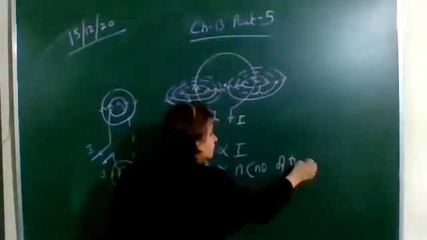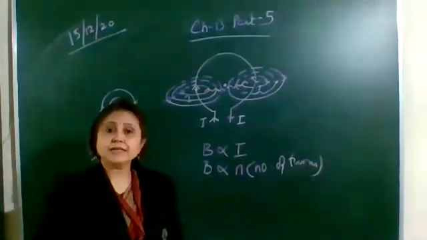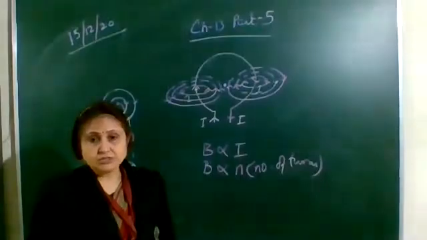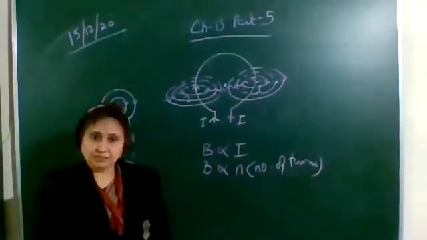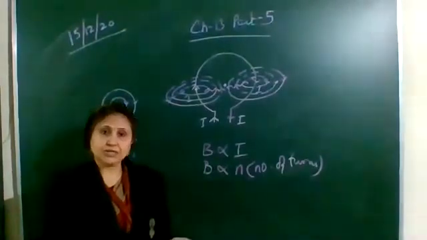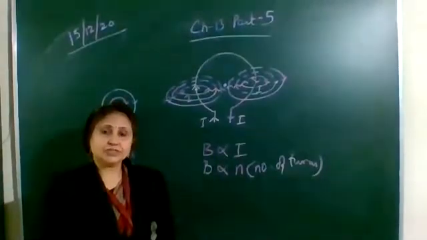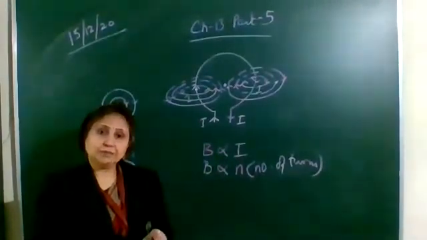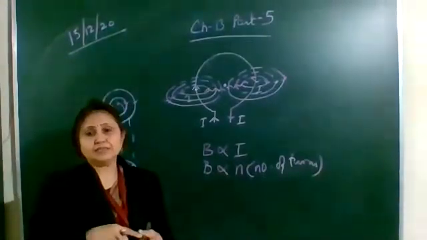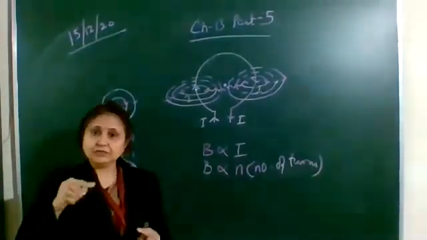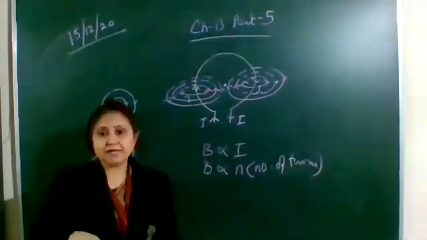So the magnetic field is directly proportional to the number of turns of the coil. If there are n number of turns, the magnetic field will become n times. So the magnetic field depends upon these two factors. It is directly proportional to the current. If the current is increased in the circular loop, the magnetic field also increases, and also it depends upon the number of turns. Due to one turn, there will be some magnetic field at the center. Due to the second turn, the magnetic field will be in the same direction and will be added up.